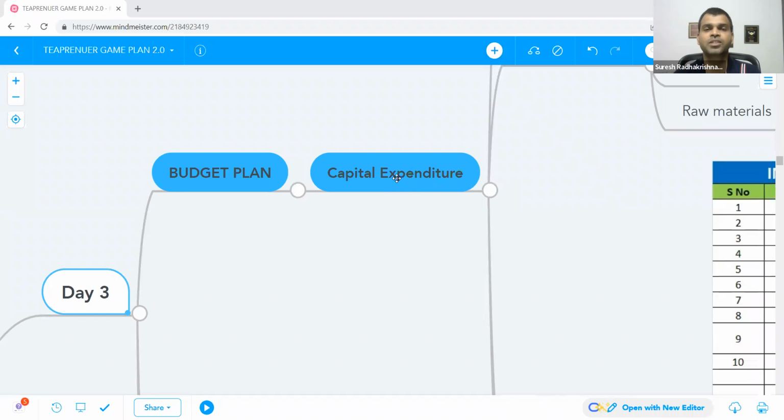Okay, for 6 months, how much is required? Can you type that in the comments, please? For 6 months, how much is required for you to manage your day-to-day expenses, including rental, salaries, raw material purchase, EB bill? How much is required? Yes, I want you to type. Yes, 50,000 into 6 will be 3 lakh. Which means your initial investment that you planned is 3 lakh.